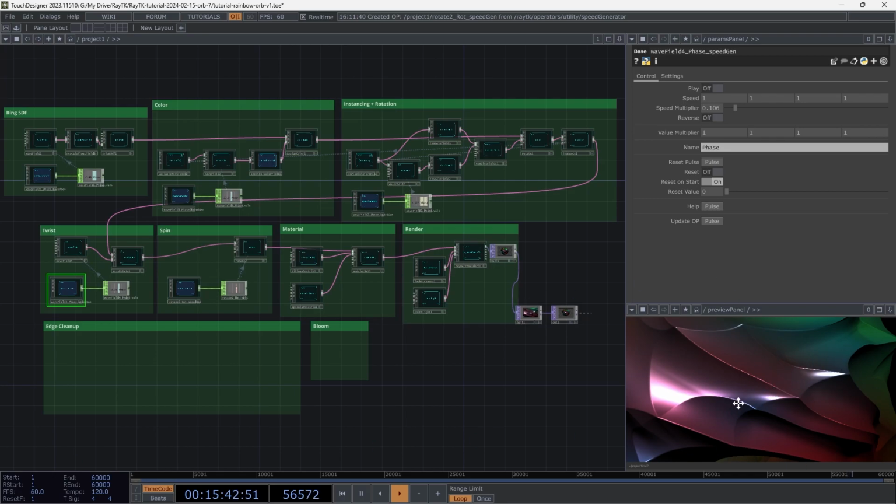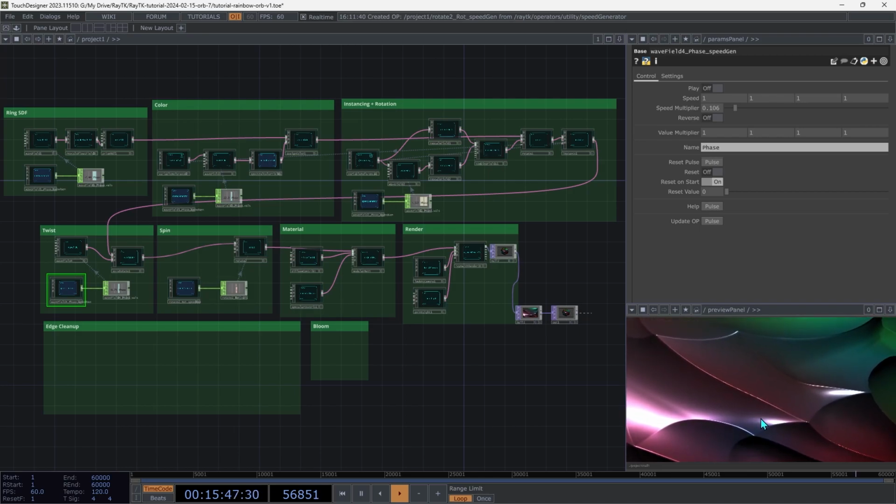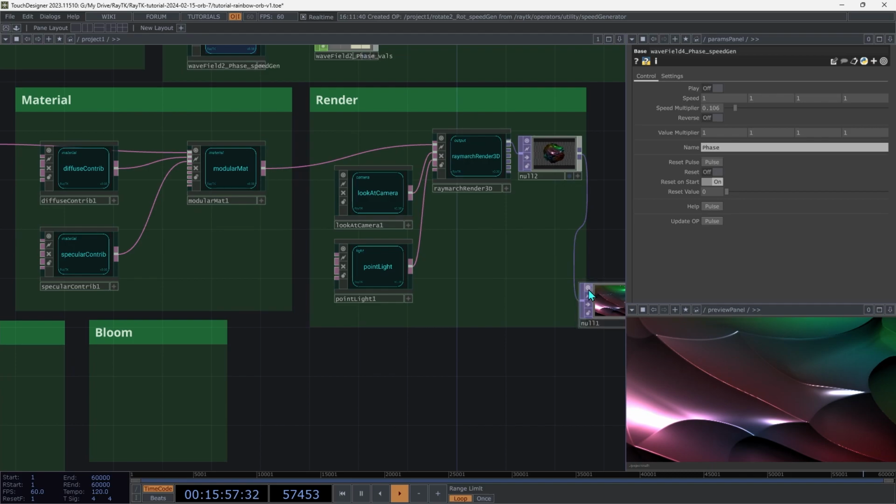So the ideal solution to this, and the one that a lot of people come to as their first option when they encounter things like this, is anti-aliasing. Now, before attempting that, save your file. This can be an area where stability can be an issue. In the first video in the optimization series, I get into a lot of detail about why anti-aliasing is so expensive in terms of performance. But for purposes of this video, just know that it is